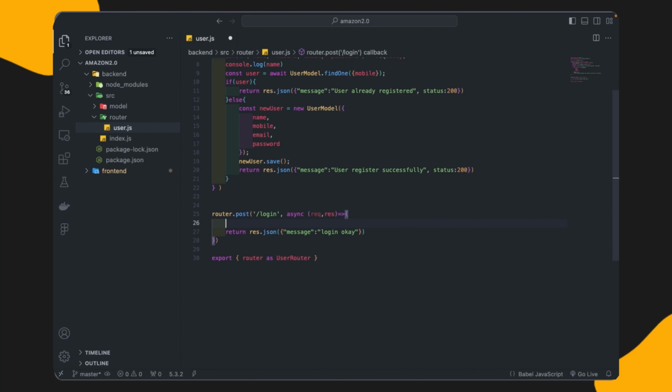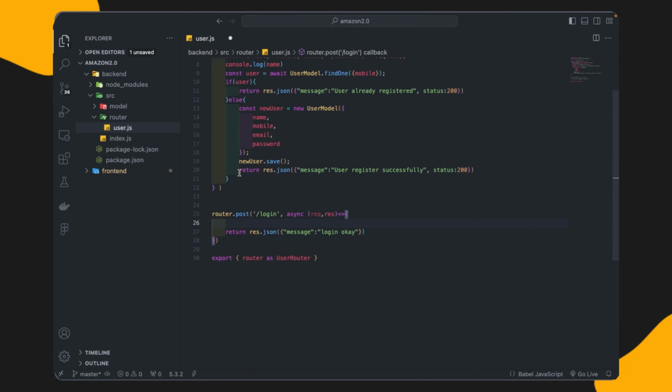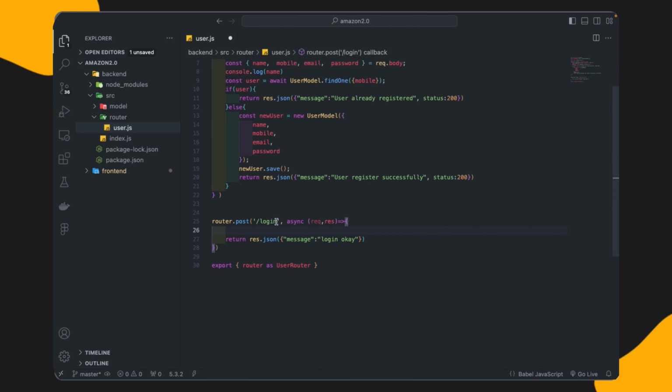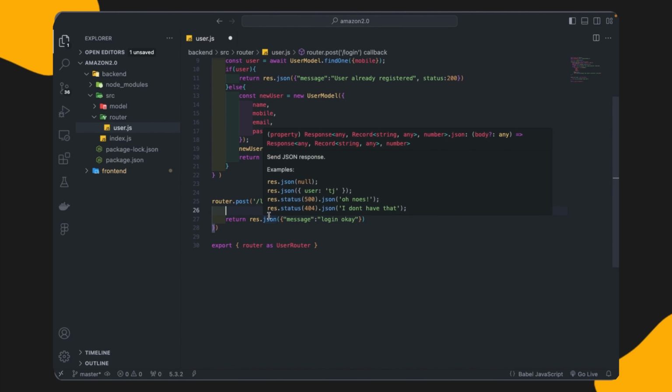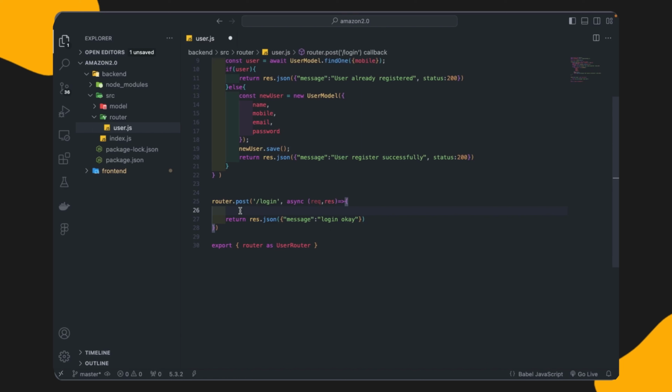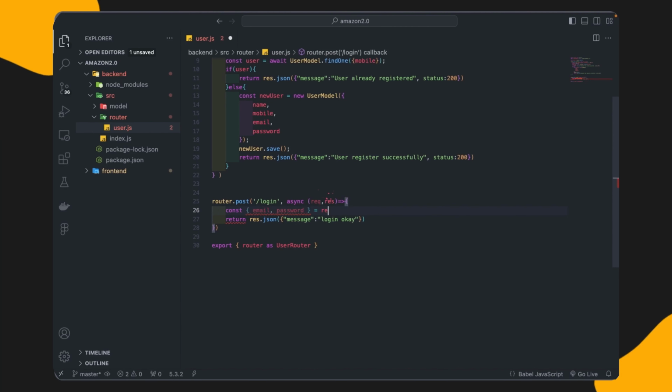Now suppose this data is coming from the front end, and I want to access this data in our backend code. So how can we do that? Simply, as you have seen in the last video, in request.body whatever you send from the front end side will come. I will write a const, and in that I will destructure an object and write email and password, and there I will write simply request.body.